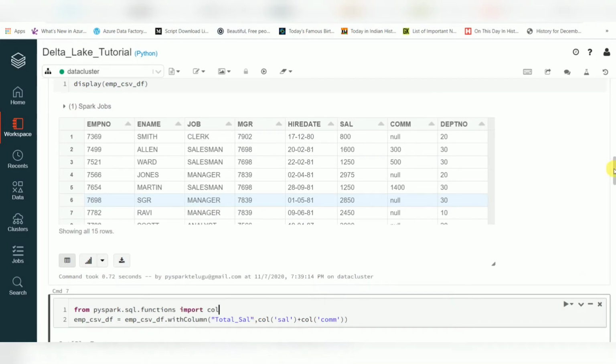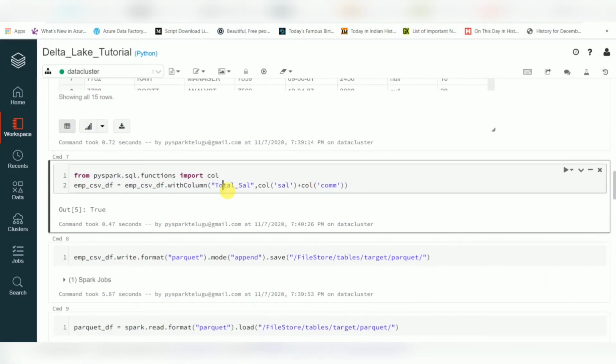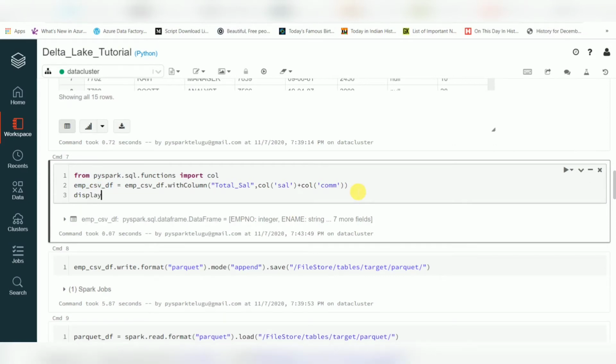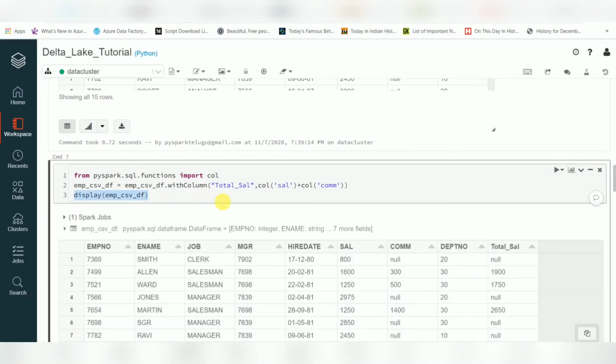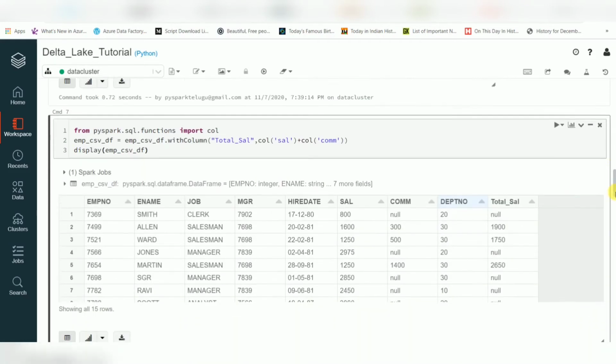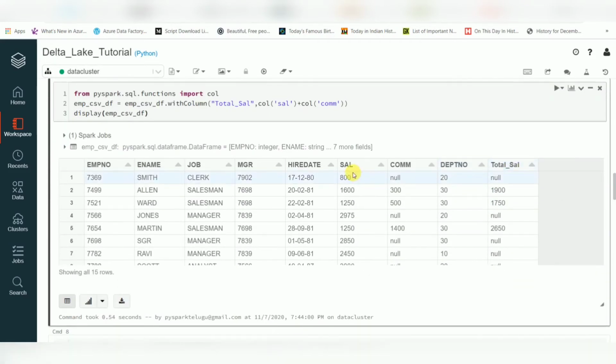So what will happen? An additional field will be created. Here we can use display. Just running. So I've added an additional field here, salary plus commission.